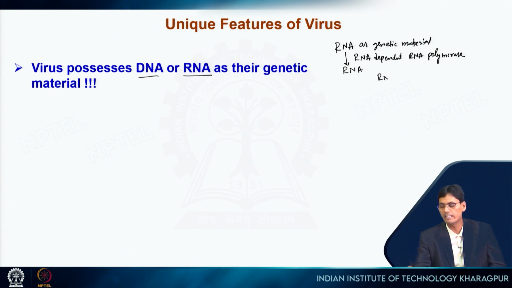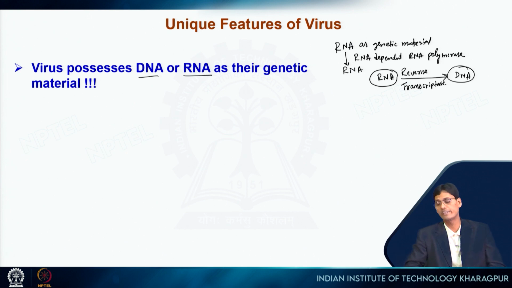So if their genetic material is RNA, they can convert this RNA into DNA, and this is done by an enzyme called reverse transcriptase, because as you can see this is just the opposite of transcription, that's why reverse transcriptase. This is again another enzyme which is only encoded by viruses. So for example HIV, they have this reverse transcriptase encoding gene.